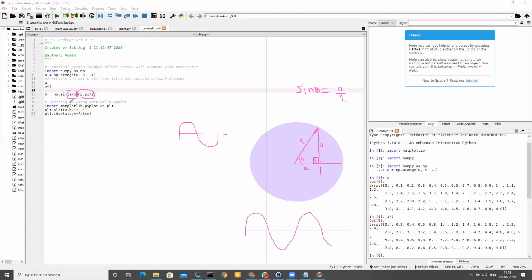All this would have been very miserable to do with a Python list, in which you have to do list comprehension. But with arrays, you just apply whatever function you have directly on the array, and it will create the output array. So that's what we are doing here, and then we are basically plotting it. Let's see what happens if I run this.